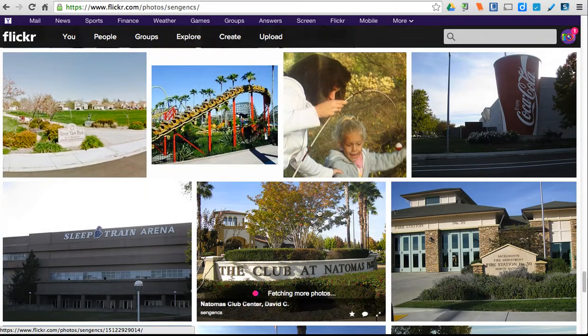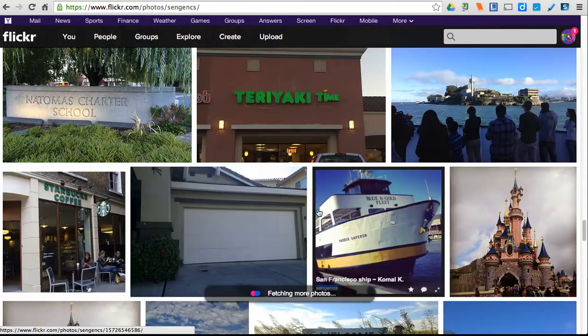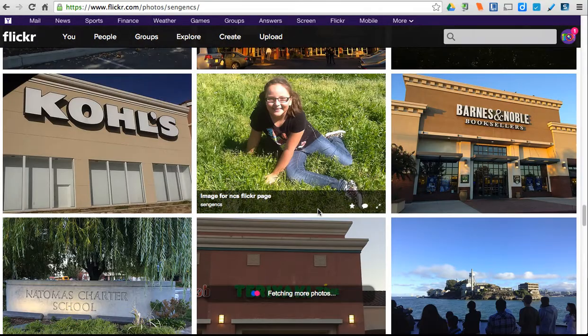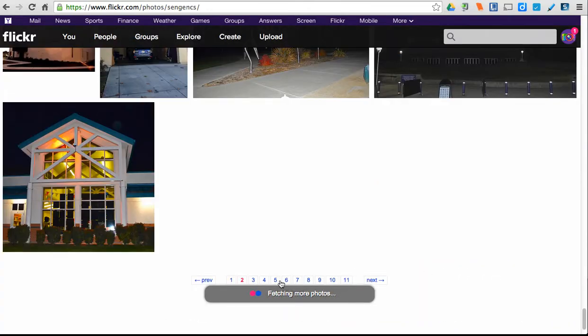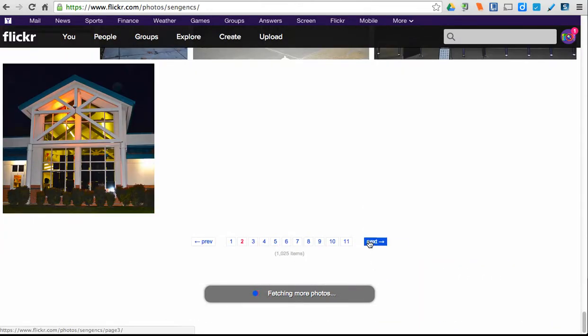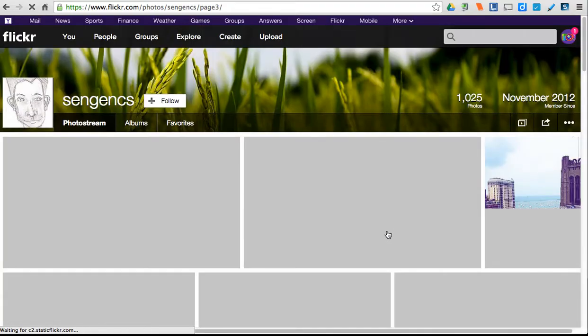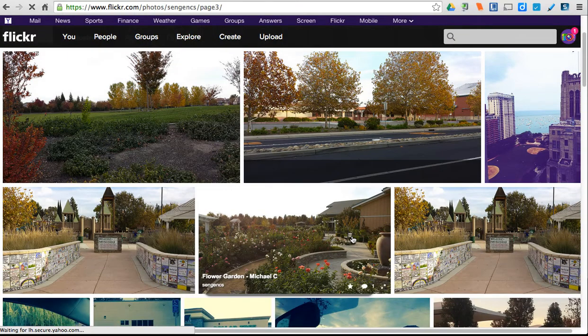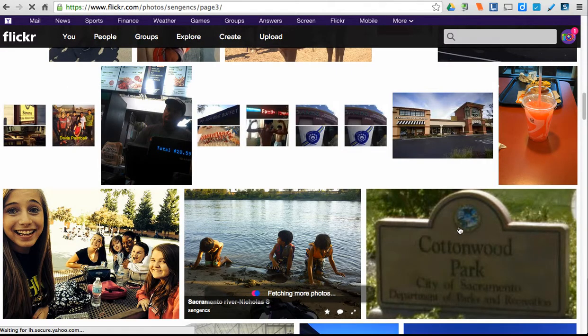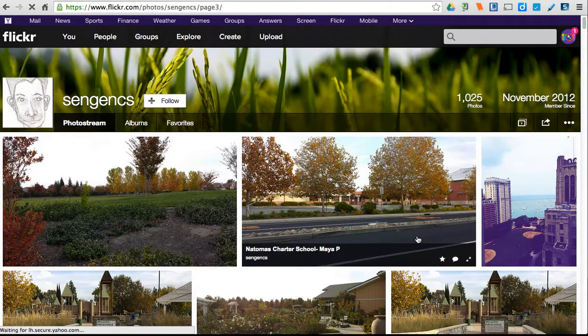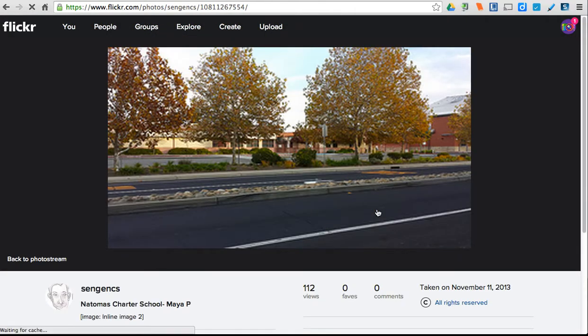I think I went too far. Let's use, no, I won't use that one. Go to one that I know I've seen before. Where'd that one go? We'll just use this one for now. I know I saw one. We'll just use this one. So if I click on that image, I'm going to open up a bigger image. And if I tried to right click on it,